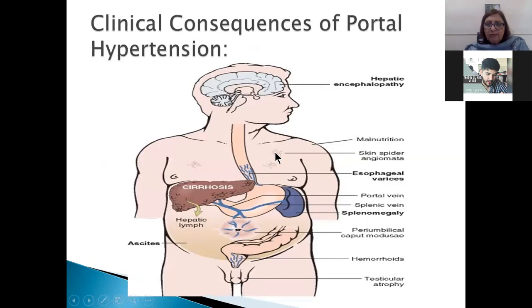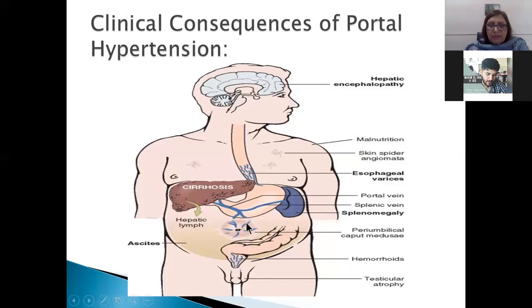These are the angiomata which can be seen as small blood vessels on the skin. These are the esophageal varices, which are shunting of the blood from portal to systemic circulation, and these are dilated blood vessels around the esophageal end of the stomach, and they can bleed and lead to hematemesis. Portal vein hypertension can be seen, and these are periumbilical caput medusae.